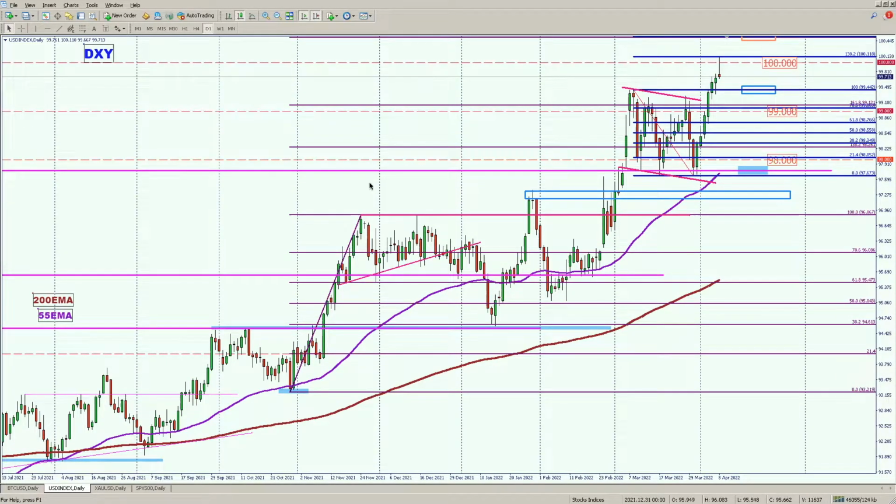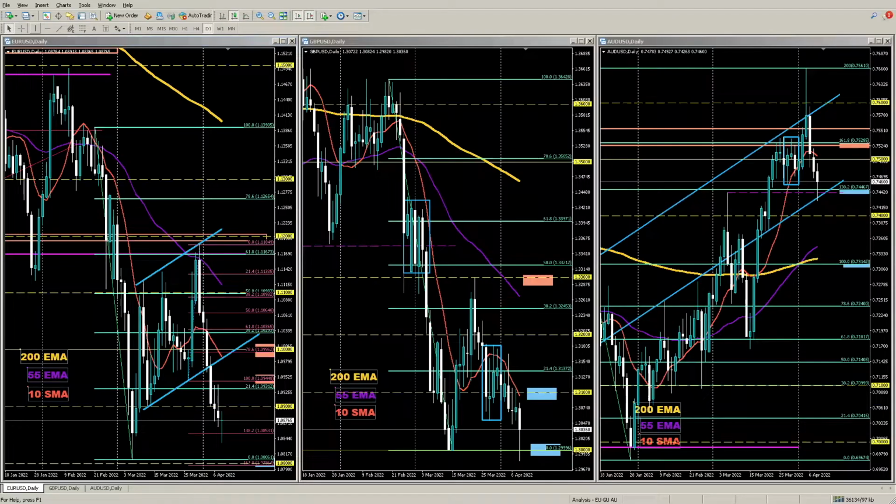All right. And below that, it's also further another support, this area below the 99 as well. Okay. All right, so let's move back to the other pairs. Let's move on to the cable,